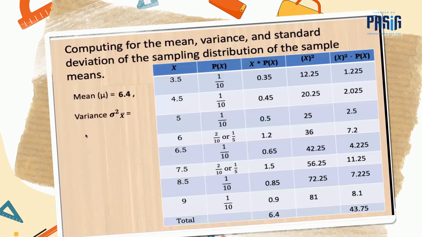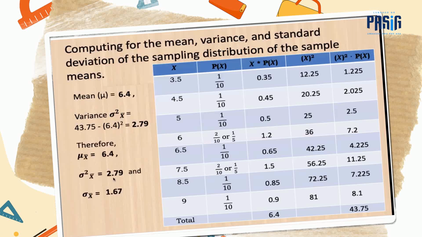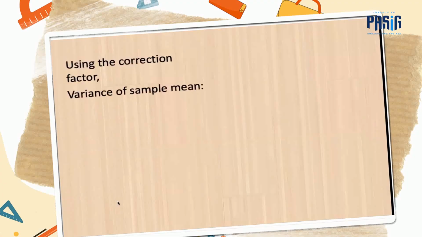The variance of the sample mean: 43.75 minus 6.4 squared equals 2.79. And the standard deviation of the sample mean is the square root of 2.79, which is 1.67. Okay? Using the correction factor, the variance of the sample mean uses the formula sigma squared over the sample size times